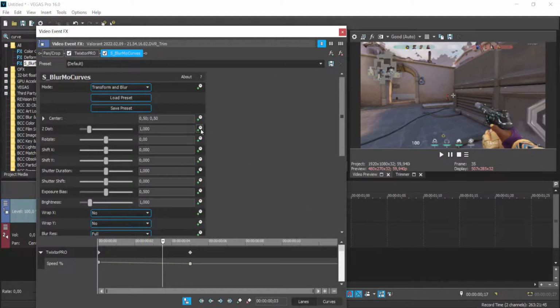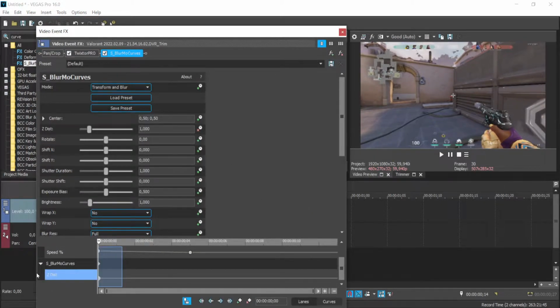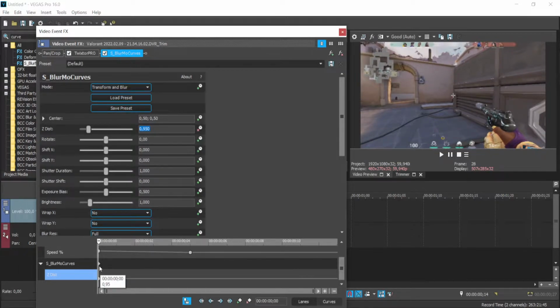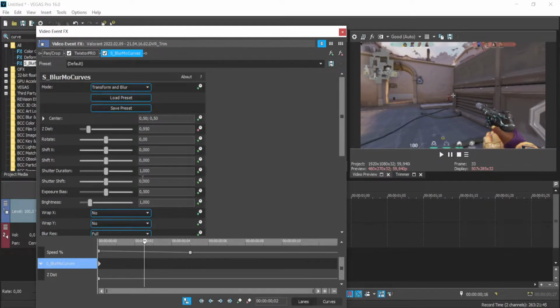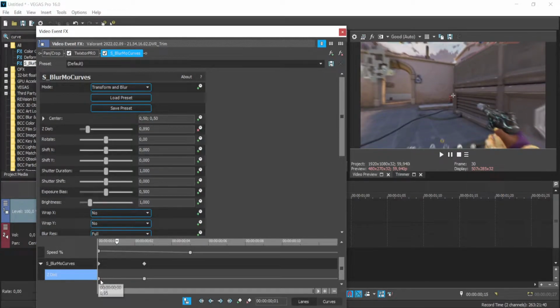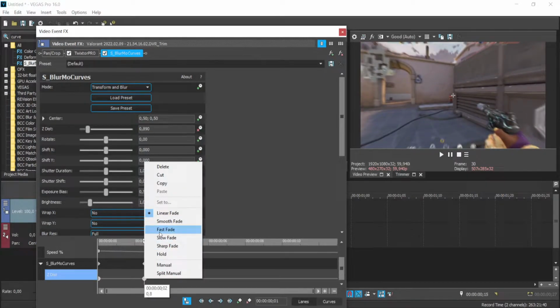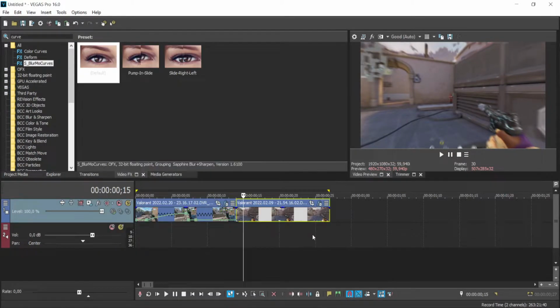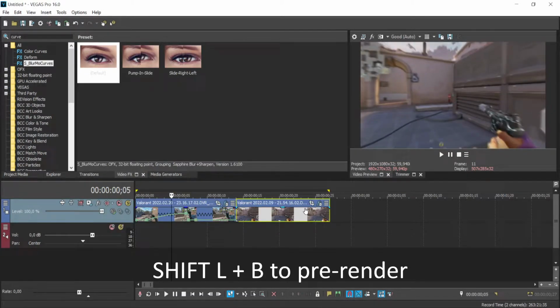In the second clip, you're gonna do the same thing but reverse. So on the first keyframe, you're gonna put this 0.950, and you want to go 5 frames after, 1, 2, 3, 4, 5. I want to put this at 0.8. And again, both keyframes fast fade, and as you can see here, if I pre-render it,